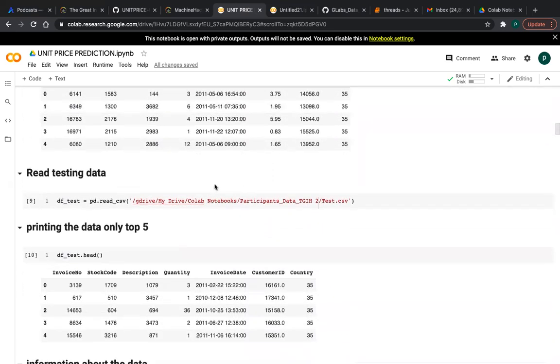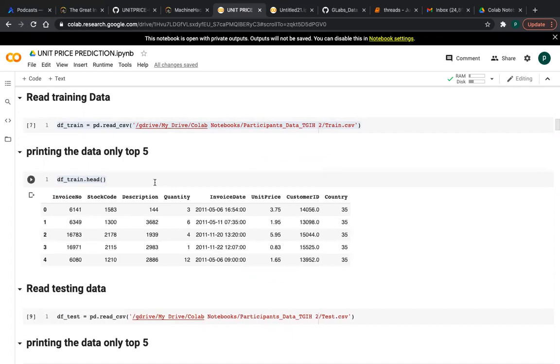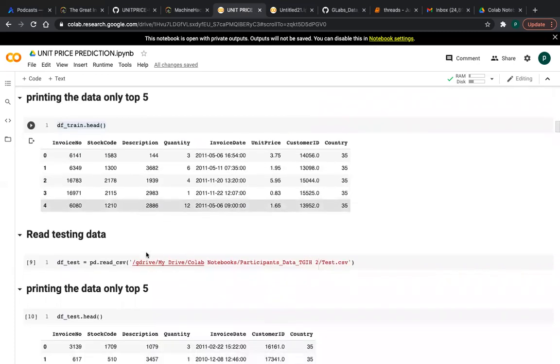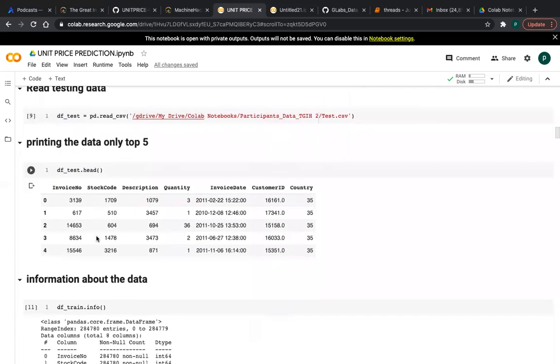I am not dividing the train data into train and test, because for train and test I have two different CSV files, friends. So there is no need to use the train test split from sklearn model selection. This is the test data CSV file I am reading, and I am printing the top 5 test observations.